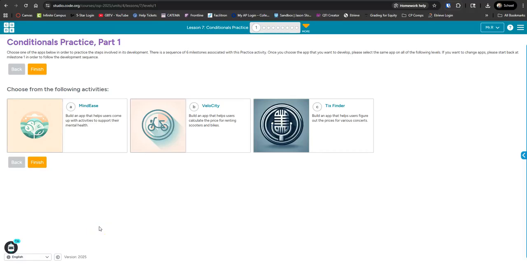So today we're going to be looking at Unit 4, Lesson 7. This is your practice exercise. Normally I would show you some of it and then let you figure out some of it. Today I'm actually going to walk through most of this with you because this is a lesson that most students